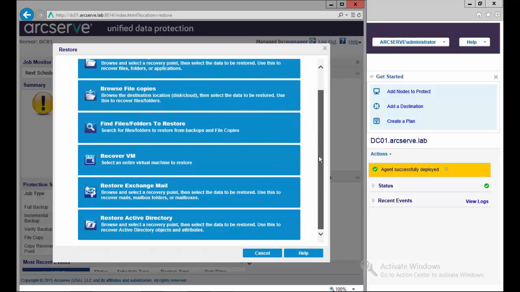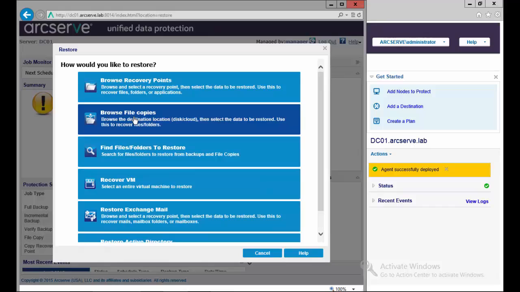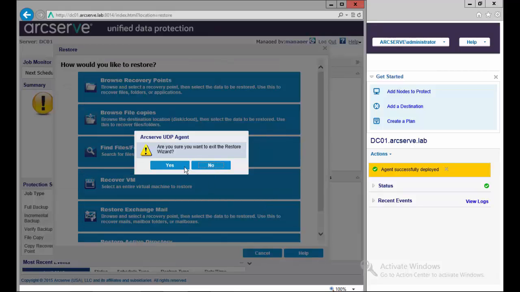We have the option to recover VM. If it was a virtual machine that was backed up, I could recover that virtual machine back into a virtual environment. And if we're using the file copy feature of UDP, we can browse the file copies in order to restore the individual files. Let's cancel out of this restore